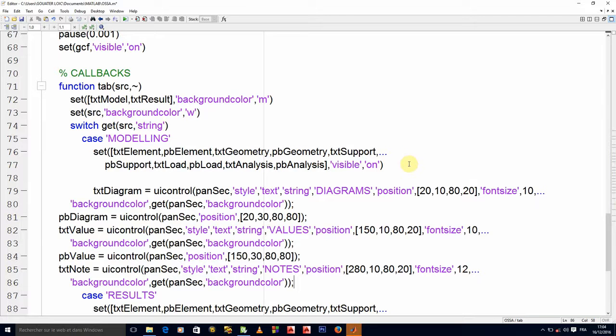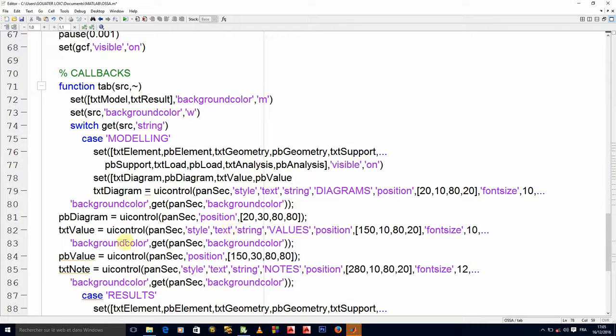So you also have set text diagram, pb diagram, then text value, and we have gone past the average time for this particular video.